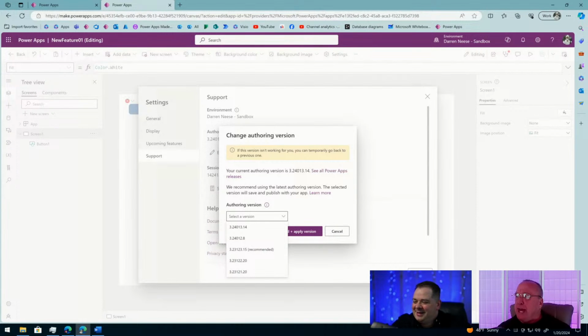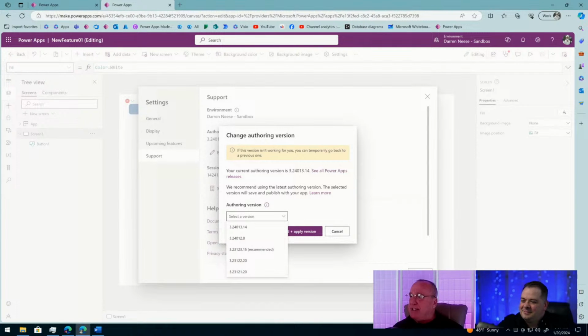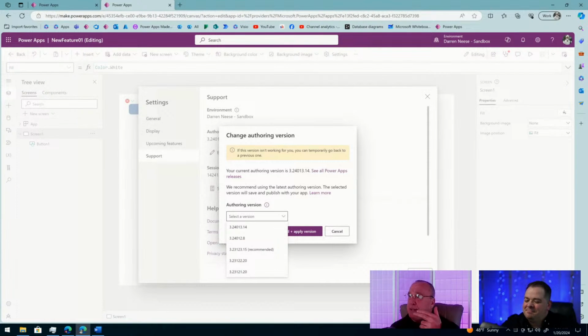But you got to jump through a couple of hoops here to make sure that you can even see these user-defined functions. Some of the people that are watching this right now, they're probably over there looking, oh, how do I get this? And then they can't even figure it out. So why don't you show them how to do it, Darren?